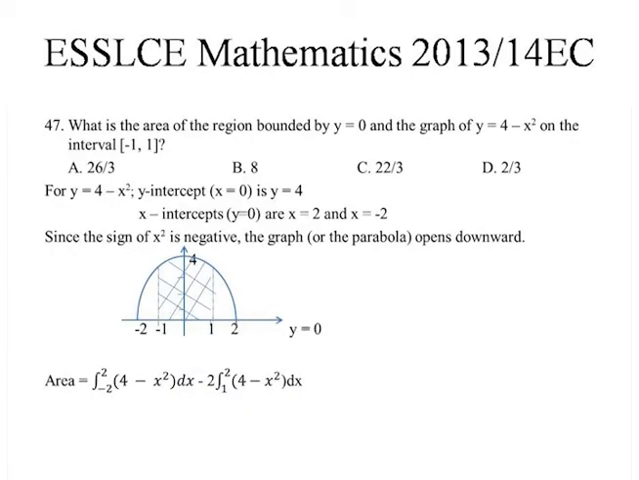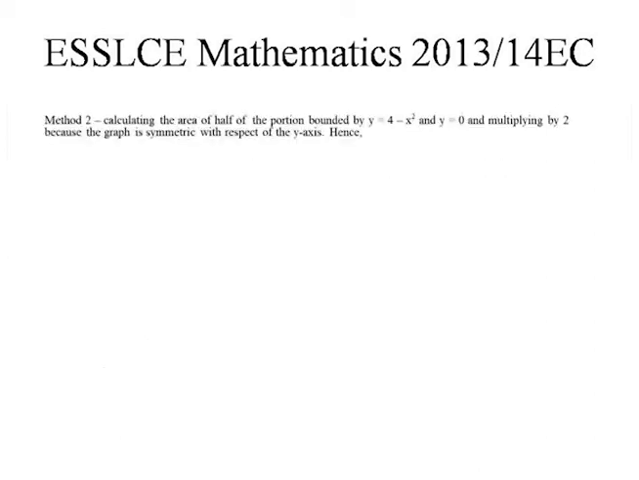As we can see from the graph, it's symmetric with respect to the y-axis. Thus, the area to the left of the y-axis is equal to the area to the right of the y-axis. Thus, we can calculate the area of either side and then multiply by 2. Hence, the area under inquiry is equal to 2 times the integral of 4 minus x squared, x ranging from 0